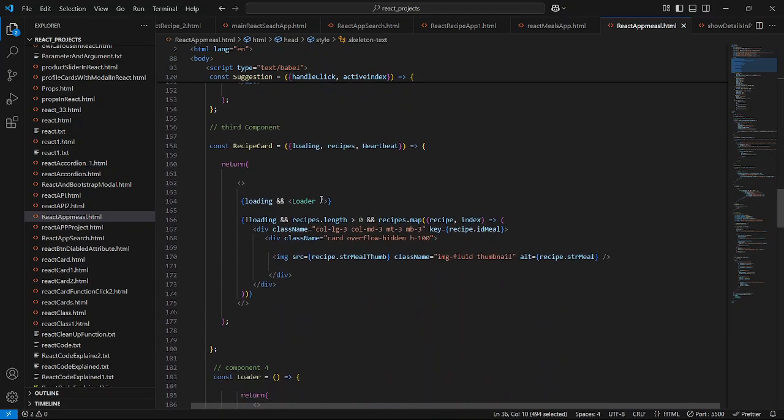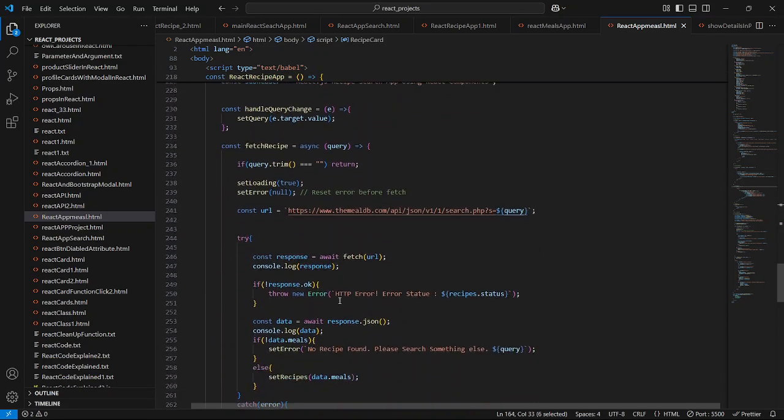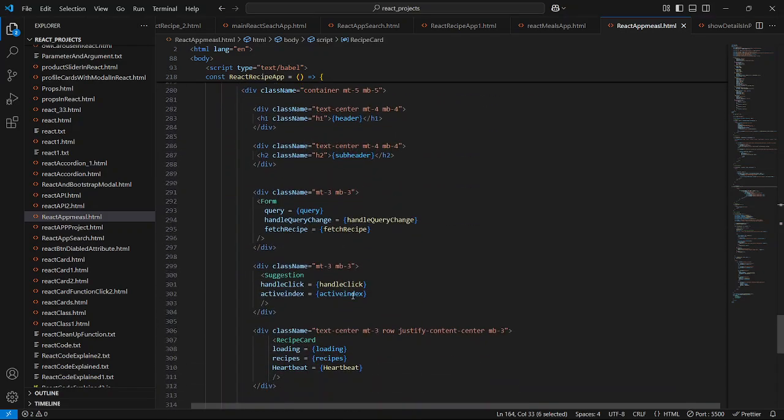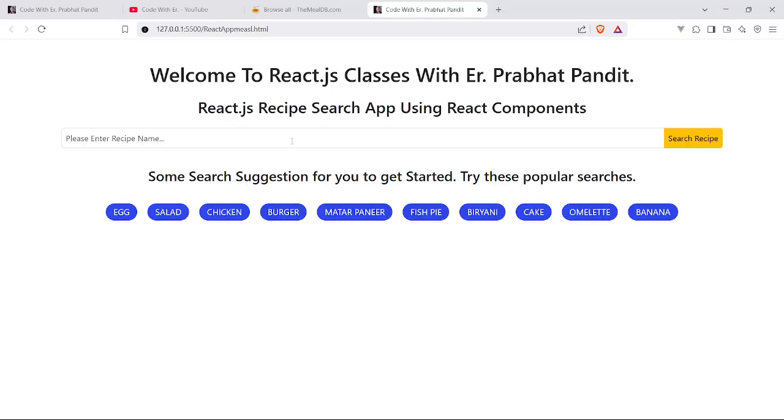So we have defined this loader component, and now we have to call this loader component here as well. Save the file and have a look in the browser first to see how it is gonna look and how it is gonna behave. Just save the file, have a look in the browser first. So hit here cake,